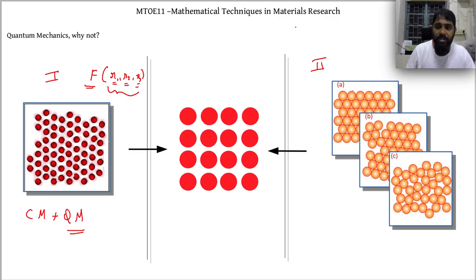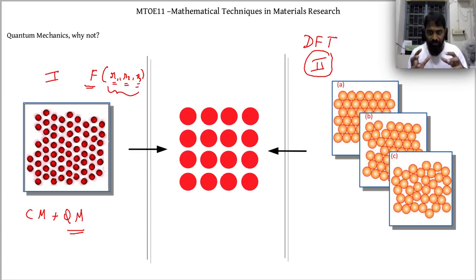And DFT, in principle, pertains to the second approach, wherein you start off with the different configurations, you calculate the corresponding energy, and then you say that this is going to be the stable configuration of my atoms. So the way quantum mechanics is related to density functional theory is that DFT, through its foundation on quantum mechanics, helps us ascertain the energy of a given configuration of atoms. And when we are able to compare the energies across different configurations, we will be able to say this is